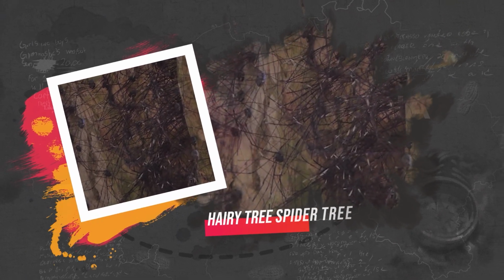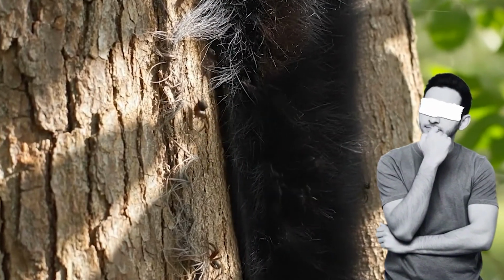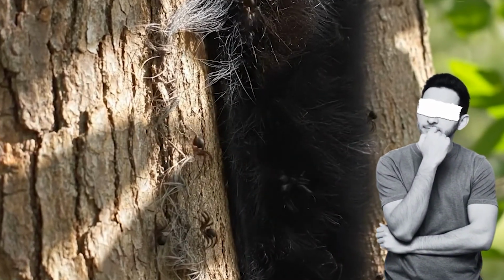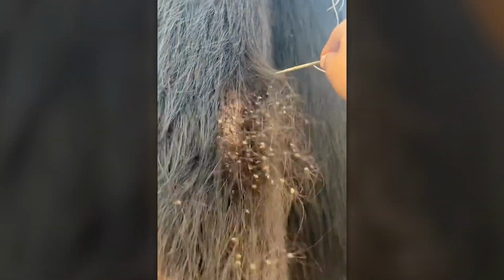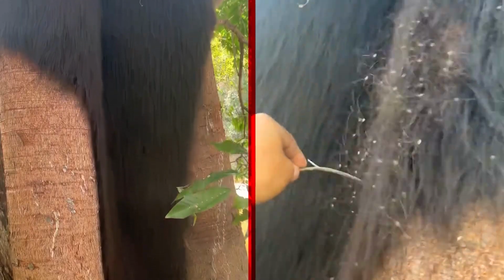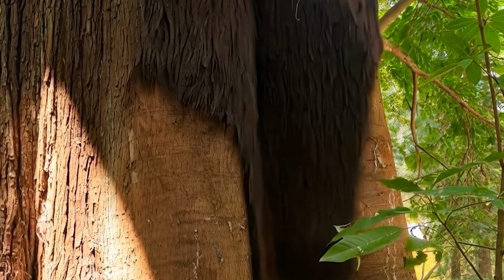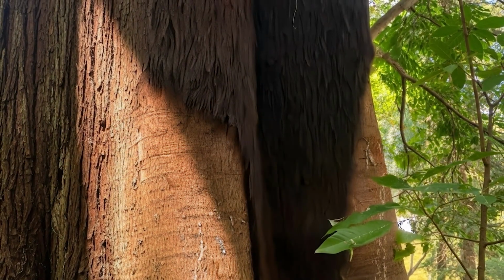Hairy tree spider tree. Have you ever seen a tree that looks as if it's covered in animal fur? In certain parts of Mexico, such trees exist, but the fur isn't hair at all. It's thousands of harvestman spiders, also called daddy longlegs, huddled tightly together on the bark. The clusters are so dense that the tree's surface is completely hidden, giving it a soft, fuzzy appearance from a